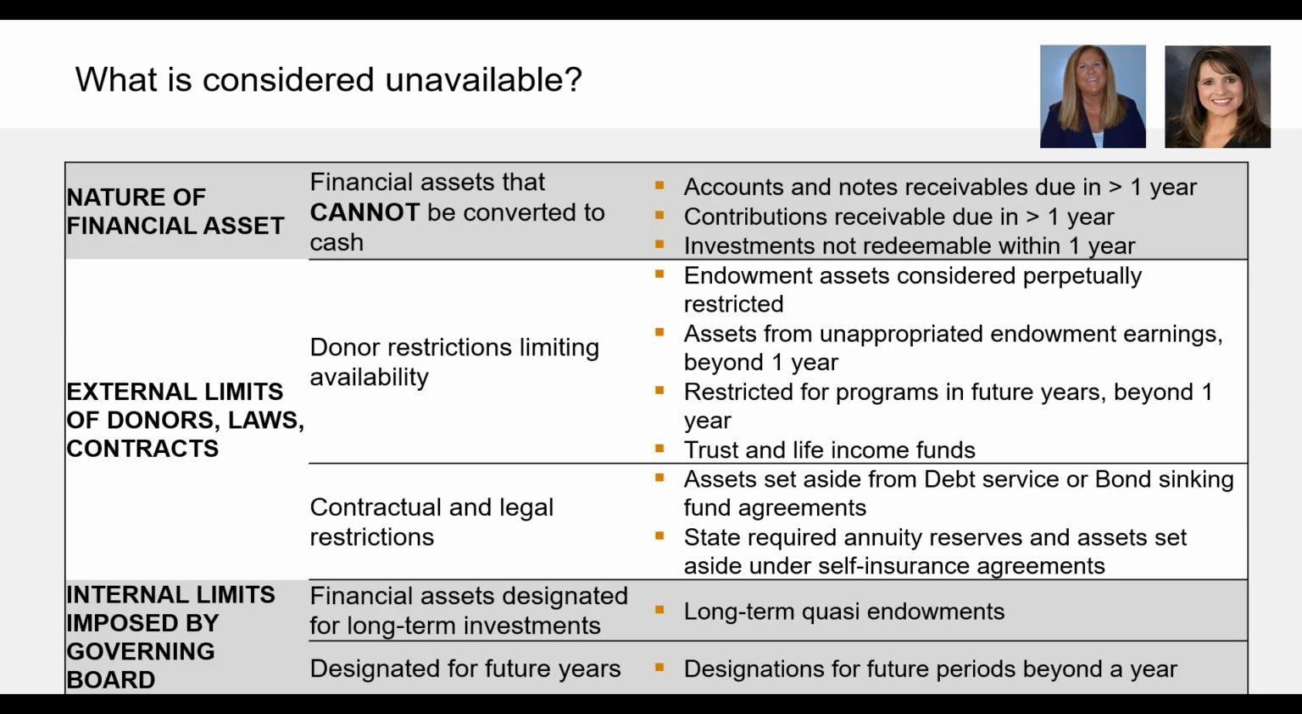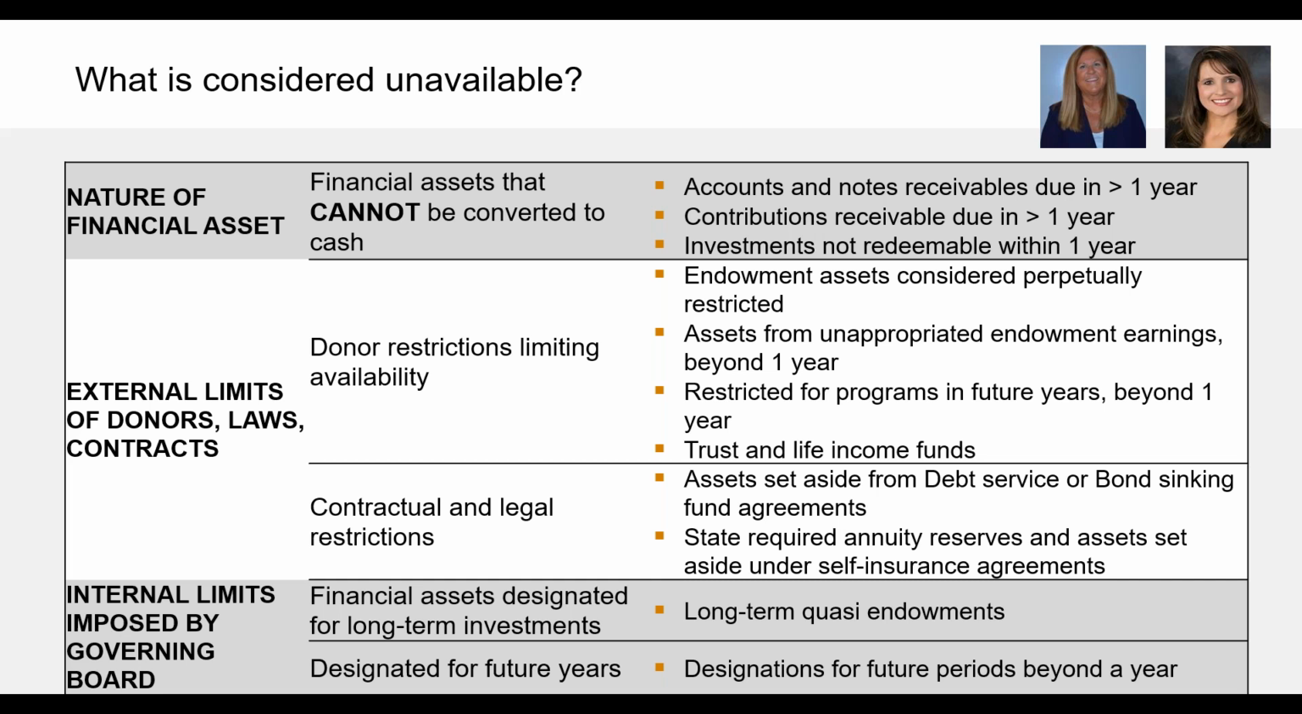So what assets are considered to be not available? We have a little chart here to help us think through what are some of those things on our balance sheet that would not be available. Financial assets that cannot be converted to cash, like your accounts receivable or your notes receivable that you're expecting to get paid in more than a year, your contribution receivables that are due in greater than 1 year, investments that you cannot redeem within 1 year, any donor restrictions that limit the availability of your assets,